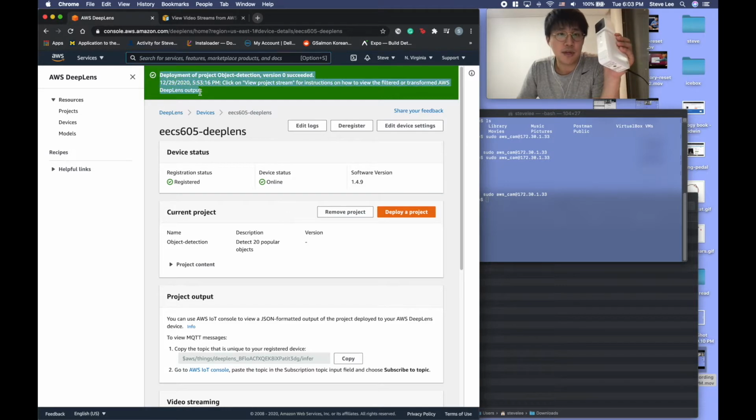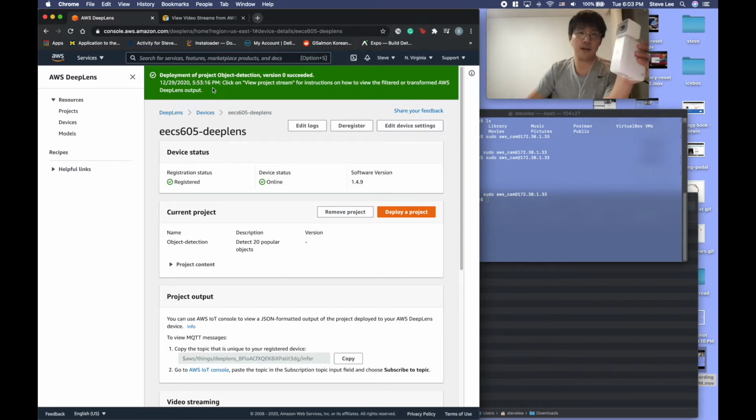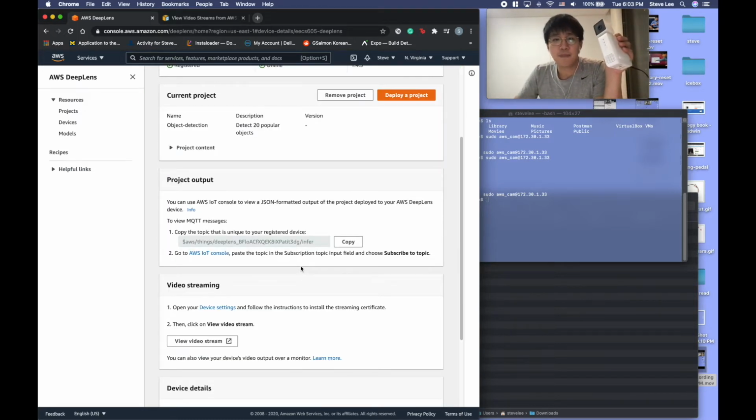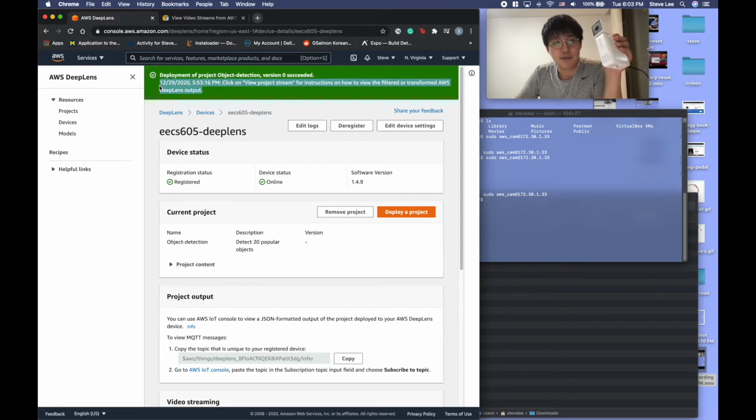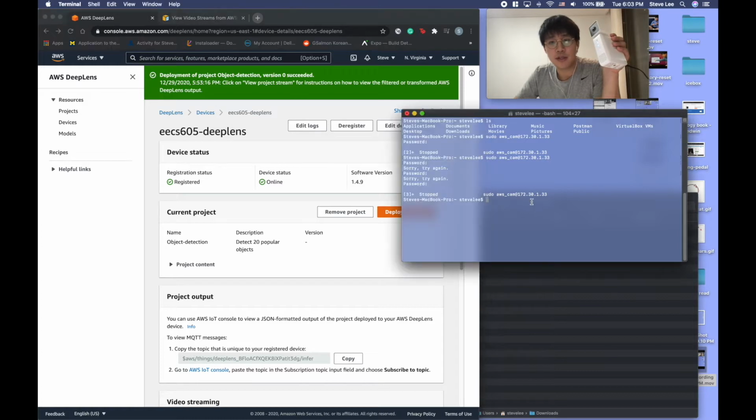And oh, by the way, I accidentally forgot to record it, so I had to redo this whole step. But I already got to the point of deploying the project of object detection, but we'll get there. But it might be the issue that this was already running on the device. So yeah, I'll just restart it, and hopefully I can